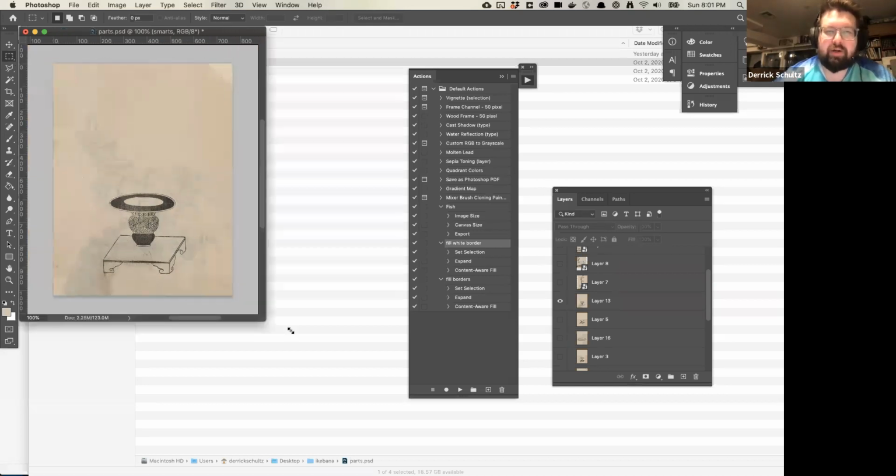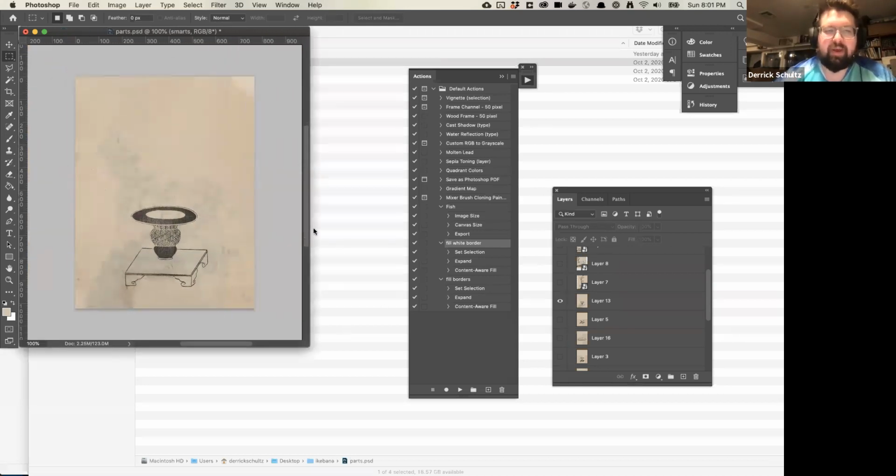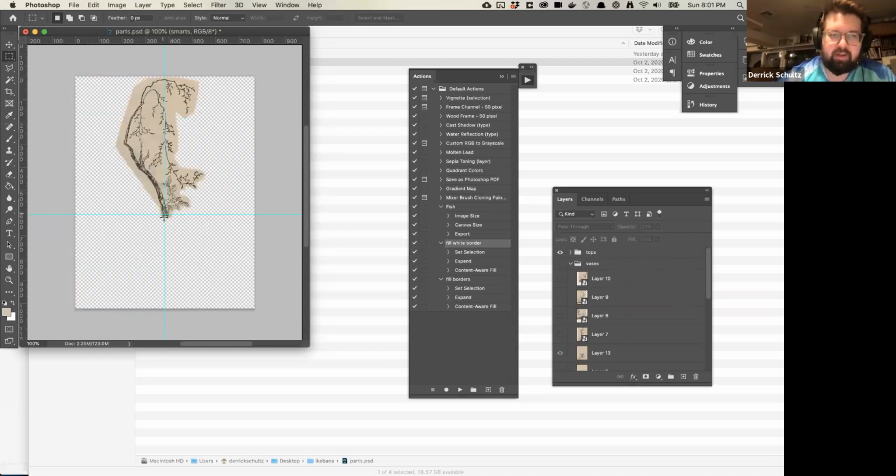One thing I want to note here is that what's really helpful for this particular script is the way I've set this up. If I turn on my rulers, you'll notice that the very center of each vase is in the exact same position. And if I go to my plants, all of my plants start in the exact same position with a little bit of wiggle. So I've set up this structure, which is definitely going to take me a little bit of time, so that they overlap perfectly in the same place every time.